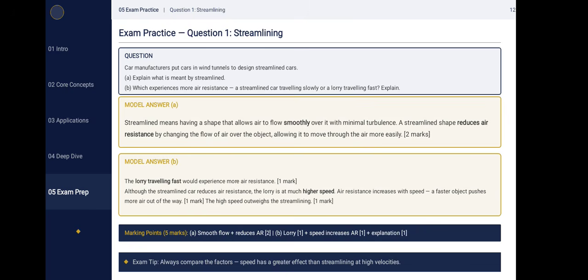Although the streamlined car reduces air resistance, the lorry is at a much higher speed. Air resistance increases with speed as well, and a faster object pushes air more. The air comes in its way, and it is pushing it more out of the way, and the high speed outweighs the streamlining. Now you have to tell all these 3 points for this single question. Got it? Next